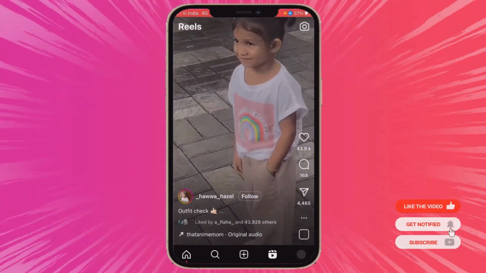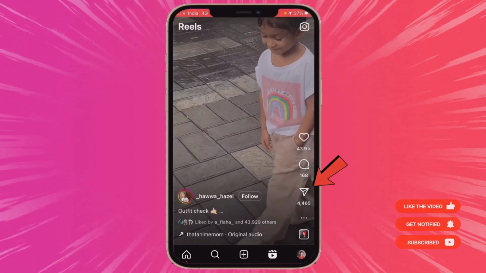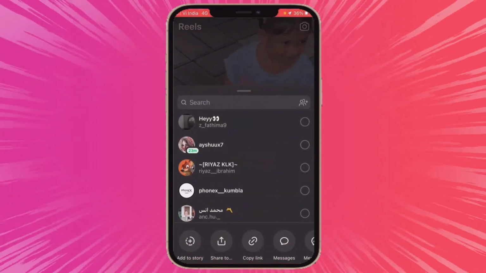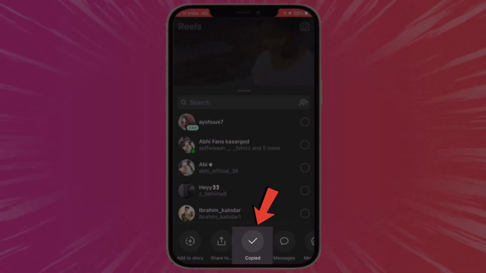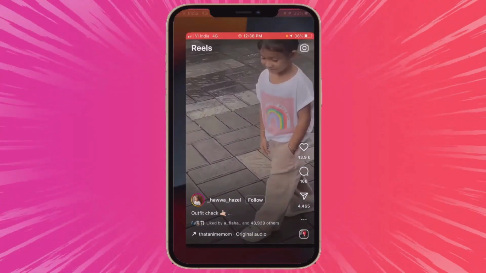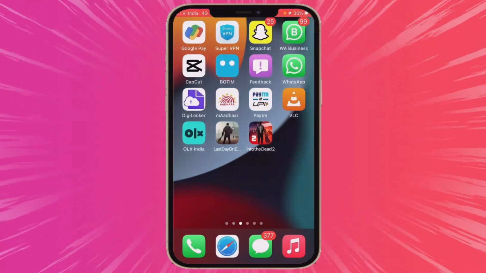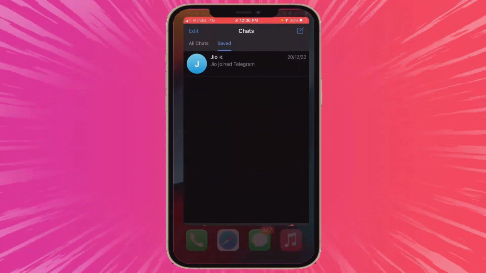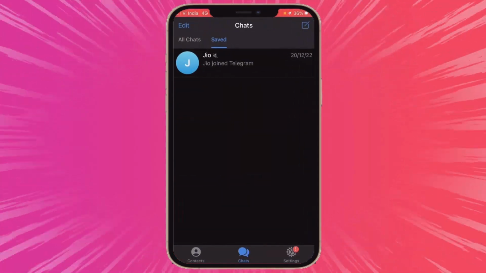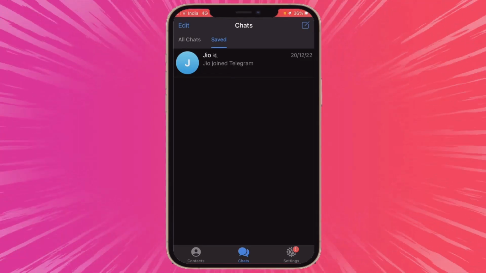And now you can see this is our reel, and after that just tap on the share option from here. And just select this copy link option from here and just go back to your home screen. And just open your Telegram, and after that select one of the contacts or your saved messages option in your